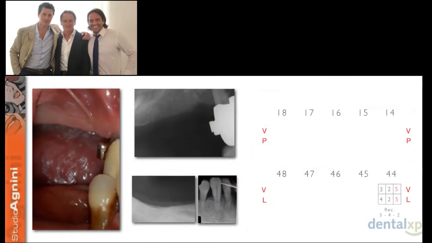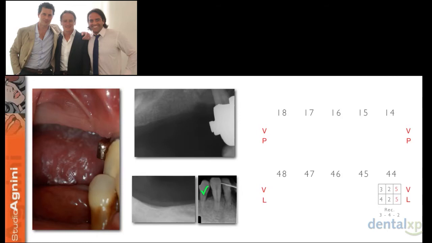So again, after we discuss with Luca, we collect more information. We start to see which teeth we can save, which teeth are hopeless, which teeth are questionable, and which teeth are good. And this is also important. For example, on the right side of this patient's mouth, there was only this premolar that was a little bit weak from the periodontal point of view, but we can think that we can save it with a periodontal surgery. So as you can see here, we take pictures, X-rays,